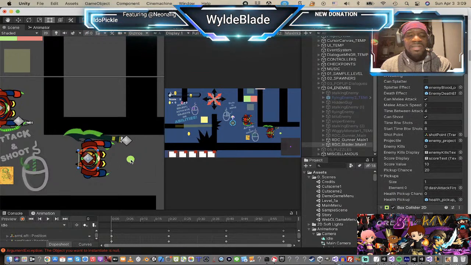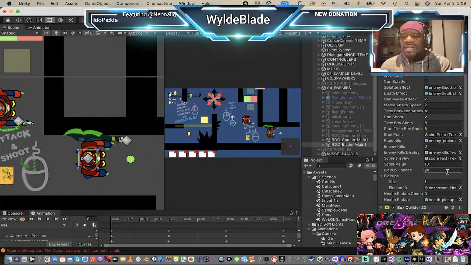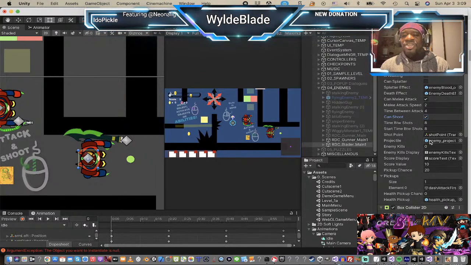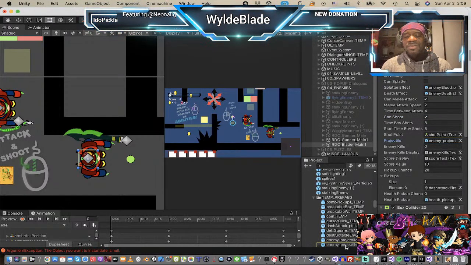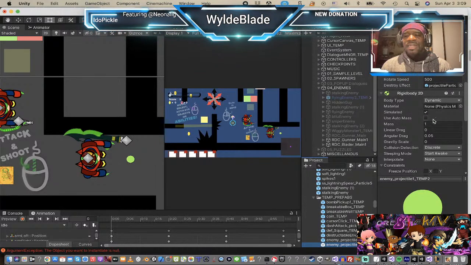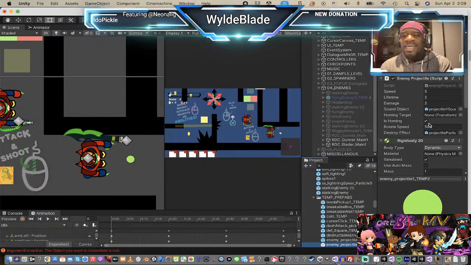the problem that we had was that I have an option for can shoot, and I have the enemy's projectile, right? So basically, if you want the enemy to shoot, you can just tick this on, and if you don't want him to shoot and you want him to just do a melee attack, then you just turn this off, right? And under can shoot, you'll have the shooting options. One of them is projectile. If you click on projectile and check it out in the inspector, you'll notice that each projectile has an is homing